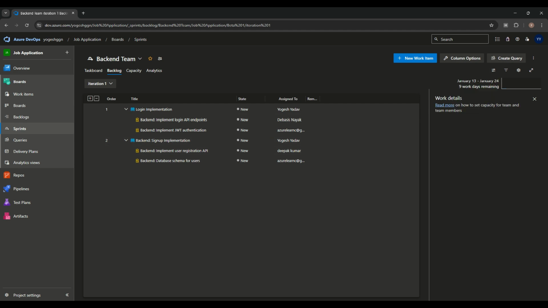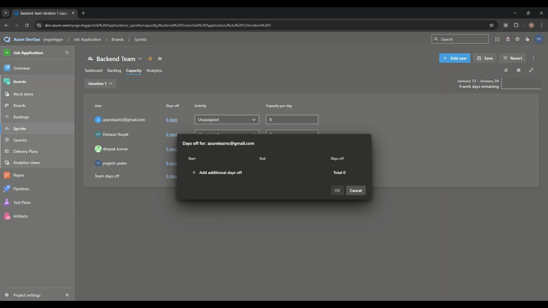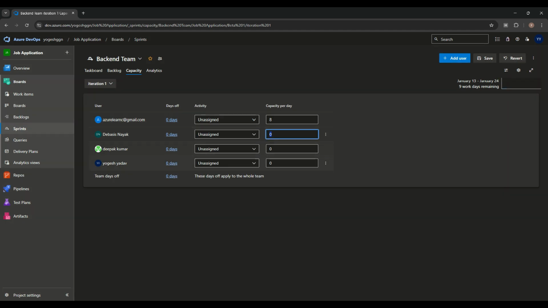Suppose we want to see the work detail. To see the work detail, guys, we should first go into the capacity. For this user, how much capacity does he have to work? The total for the team right now is 0. Suppose the capacity per day is 8 hours. He is not taking any day off, so this is 8 hours, and he will work